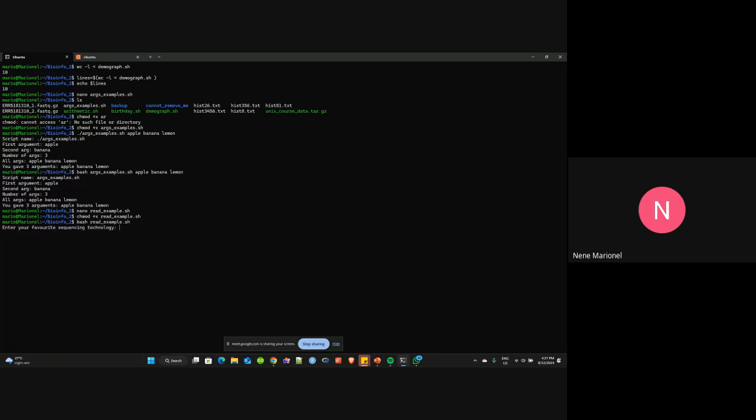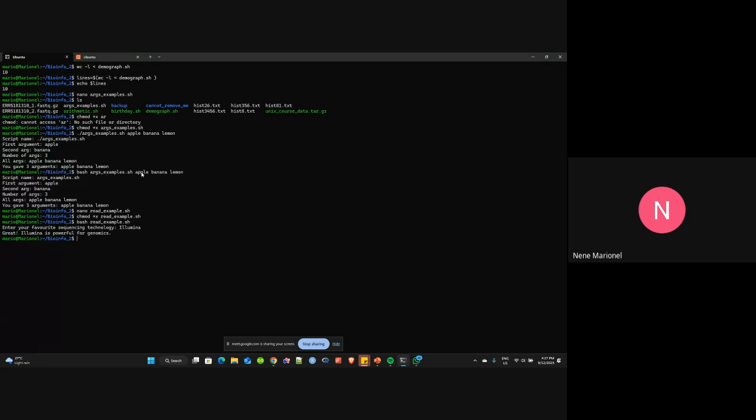So it's asking me to enter my favorite sequencing technology, and I go and say Illumina or Nanopore or whatever. And it goes ahead to fill in the gap. So, great, Illumina is powerful for genomics. So you can use arguments if you have different sample names or different sequence files. And instead of hard coding file names, in the sense that you have to type out the file name itself one by one to run it,